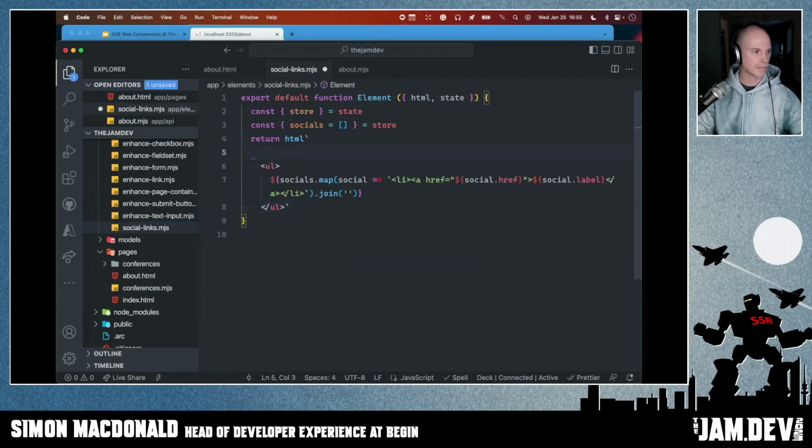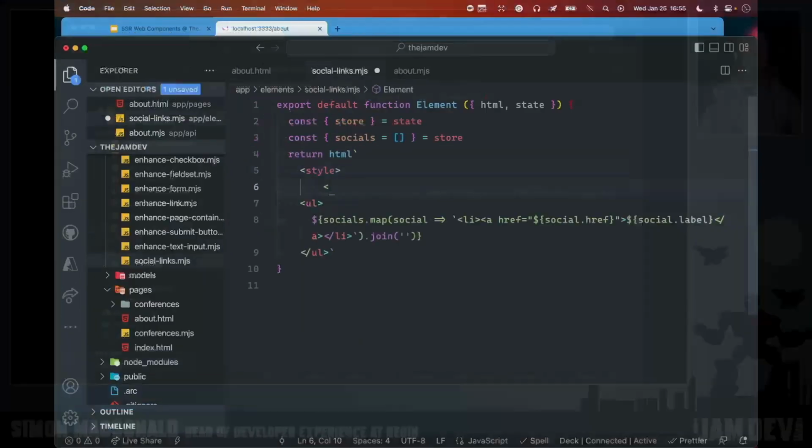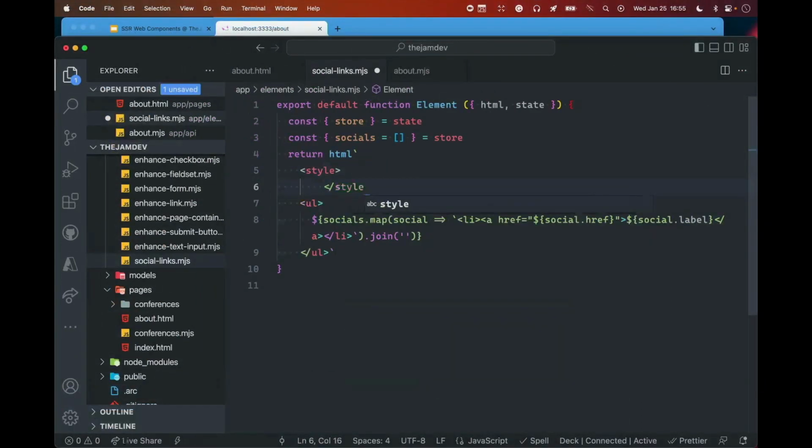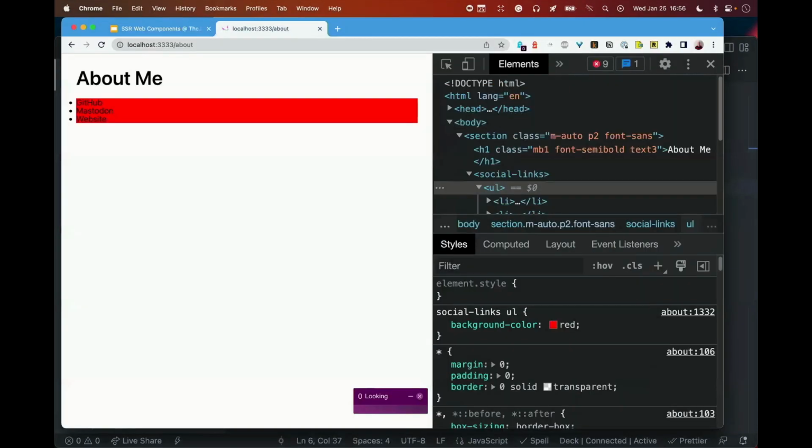we can also add some styling in here as well. I am terrible at CSS, so I'm going to do something incredibly ugly. For our unordered list component, let's just make the background color red. And there we go.